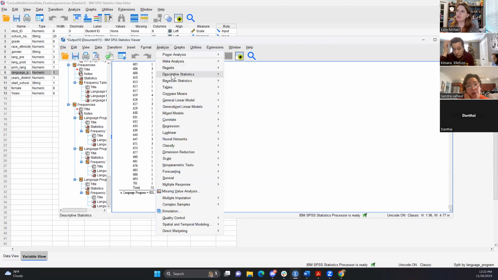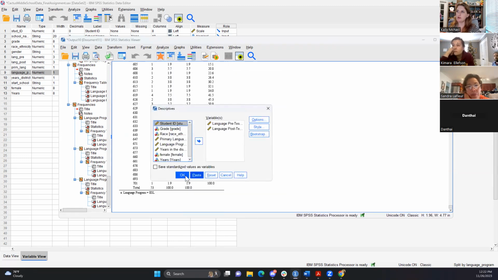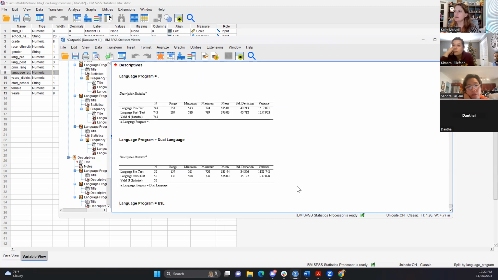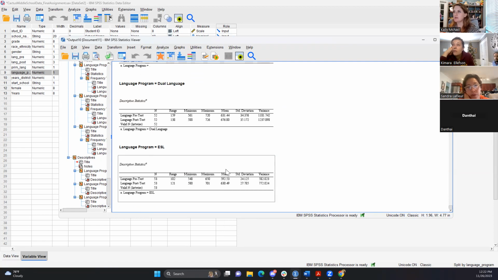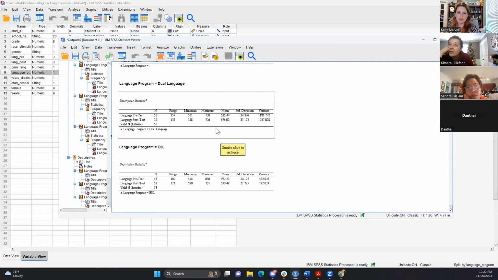Okay. I'm just curious about the difference between these. I'm still figuring this out. I just want to run this because I want to see what it looks like, and then I'll do the t-test. Same thing right there. This is what I wanted to see. Did you split it? What's that, Kamara? Oh, you did descriptive instead of frequency. Yes.